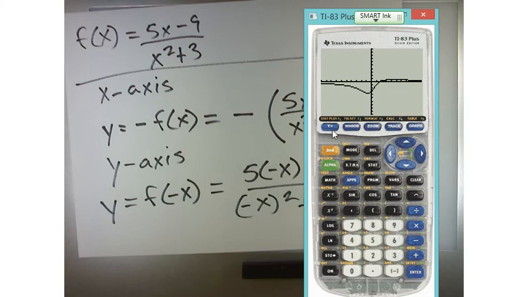Now, if I want to reflect over the x-axis,